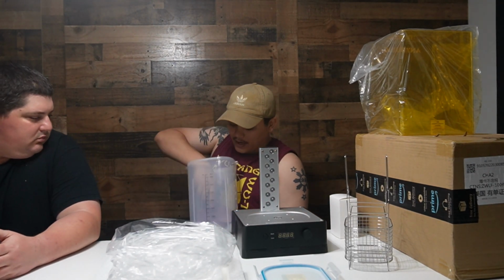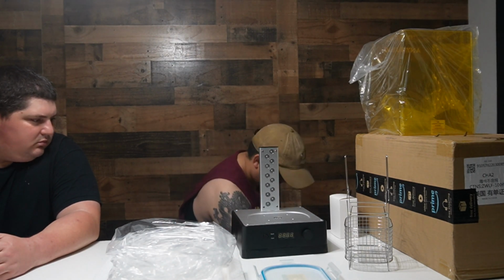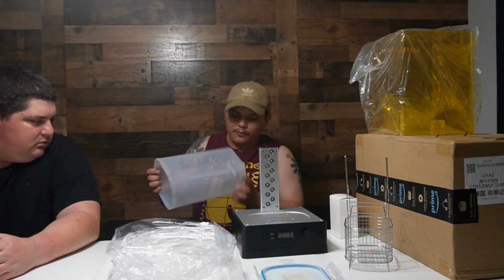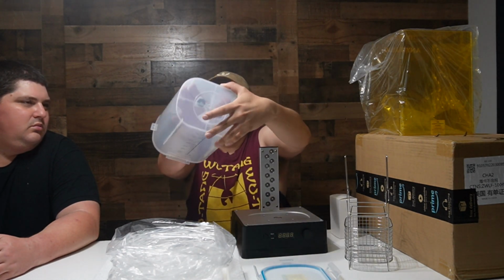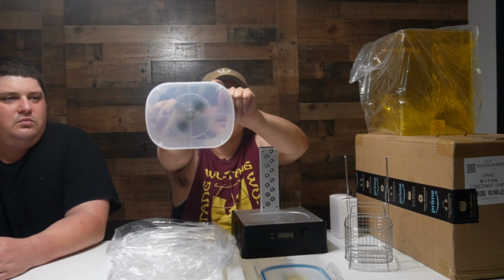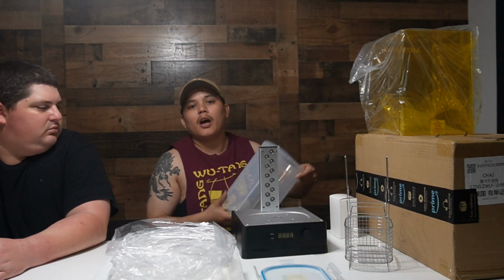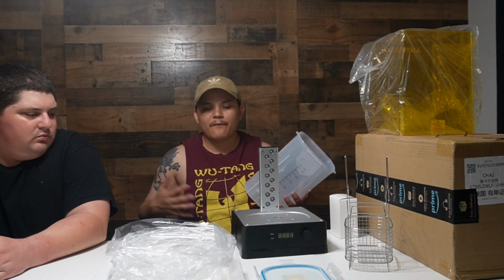The bottom of here actually has a fan, and I don't know if you can see it, it's attached to the bottom. You can see it down here. Maybe you can see it if I spin it like this. But this fan is what's going to spin up your alcohol so that it will effectively